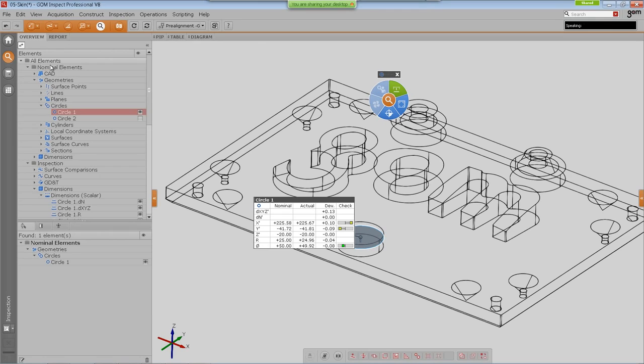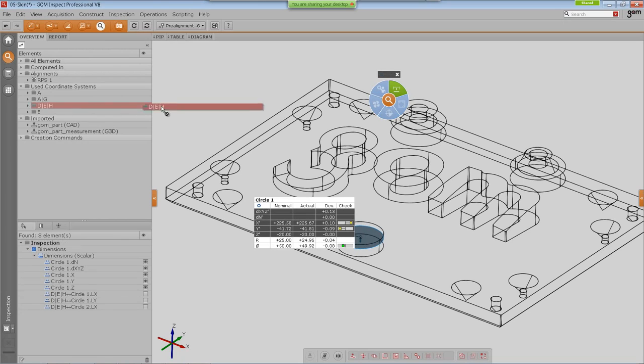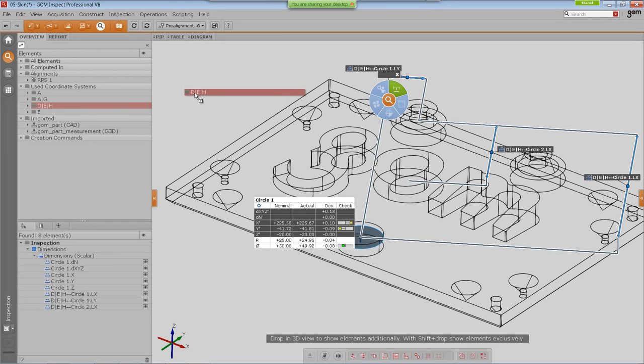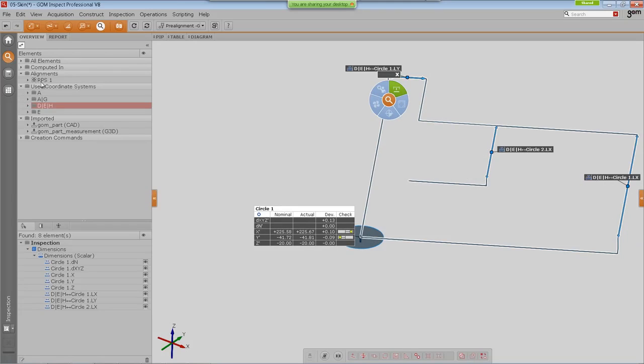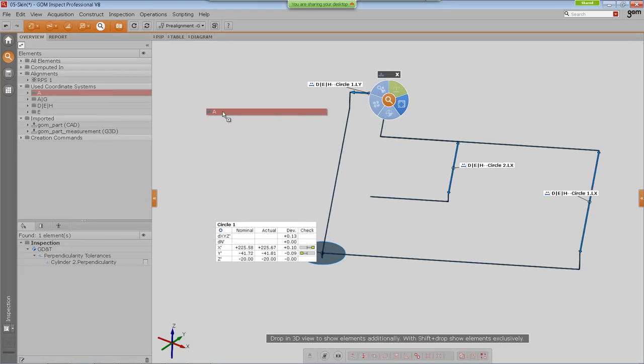So we have a lot of categories in addition, so you can see what is imported, what was created in a specific datum system, and you can drag and drop those elements, and by holding the shift button, you can also show them exclusively. So you can drag and drop those elements in addition. So you see this, there's a small plus sign at the mouse. So you can add those, or you can just